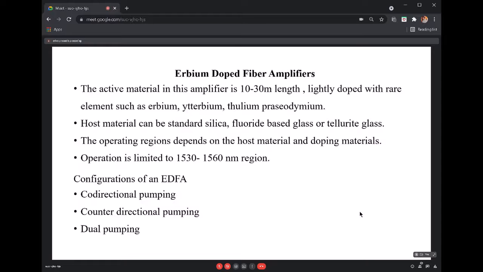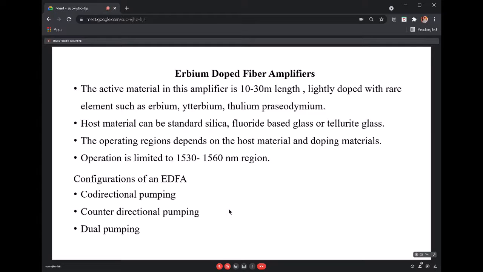So as I said, there are different configurations in this erbium doped fiber amplifier. One such is co-directional pumping. So here the signal will be tapped, and you will be using a pump laser and erbium doped fiber. So the tap signal out will be there. Here the difference between these three is that you will be using the materials in different places. That means either you will be using the pump lasers after the fibers, or at a later stage.